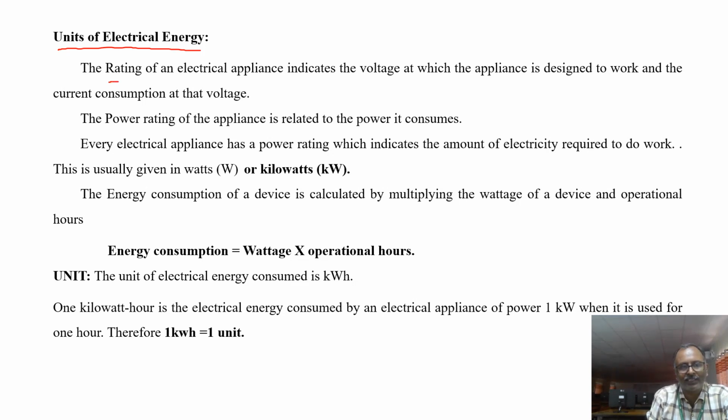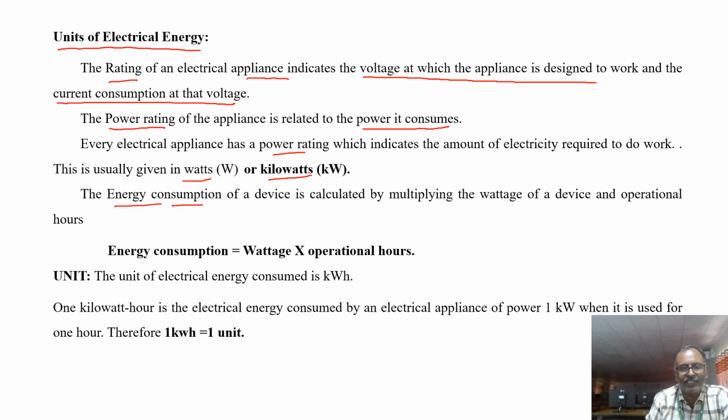What are the ratings? In general, the ratings that are specified on an appliance are the voltage at which the appliance is designed to work and the amount of current it is going to consume at that voltage. And next to that, there will be a power rating. It indicates the amount of power that it is going to consume. In general, the power rating is mentioned in terms of watts or in kilowatts,